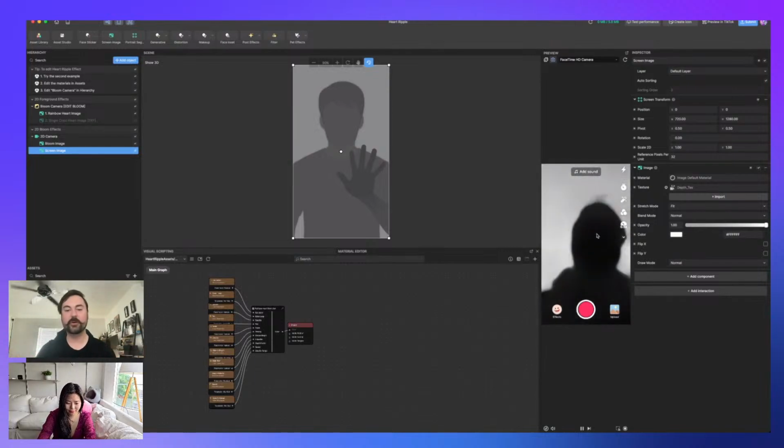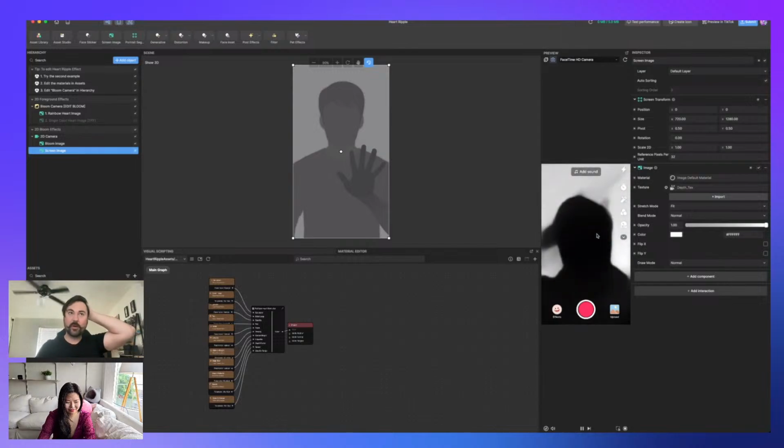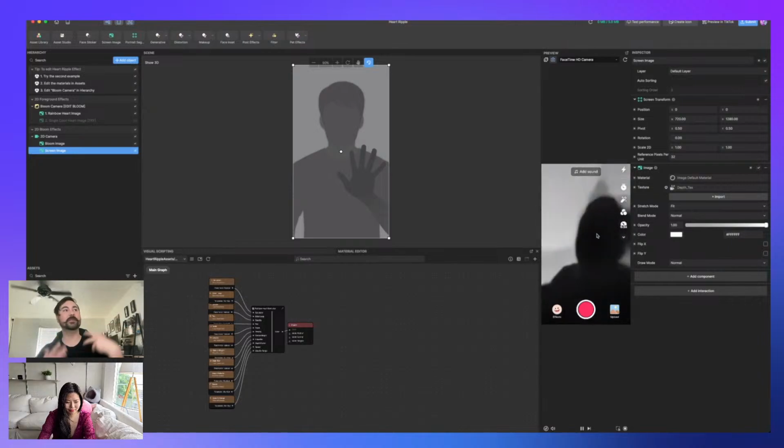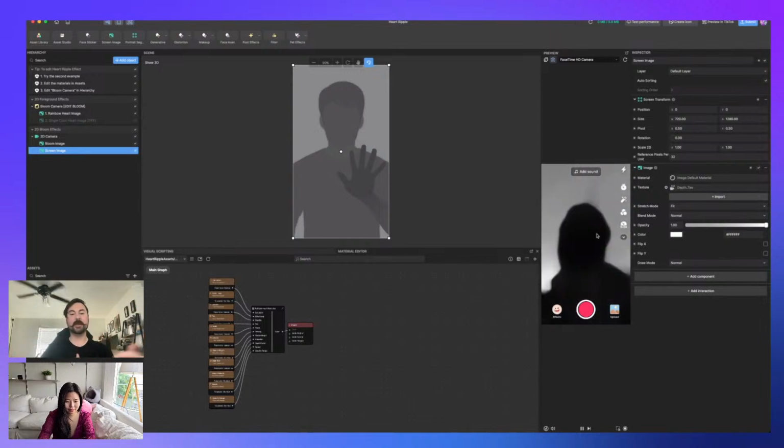And so you can know most of the time there's going to be a person up close and probably a background far away. But just know that if the person takes up the whole screen, the values might change a lot. But knowing that, you can basically design all of your effects where the person is going to represent the closest object, something else is going to be in the background, and there might be some things staggering in the background, and there might be a little bit of a gradient on the person, like my neck and chest are a little further away than my actual face.